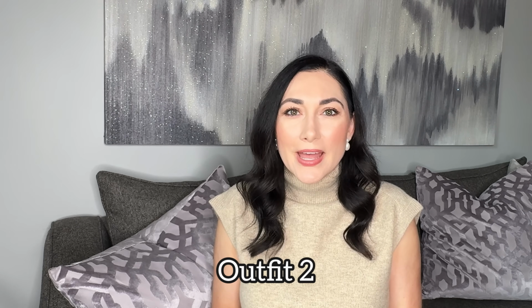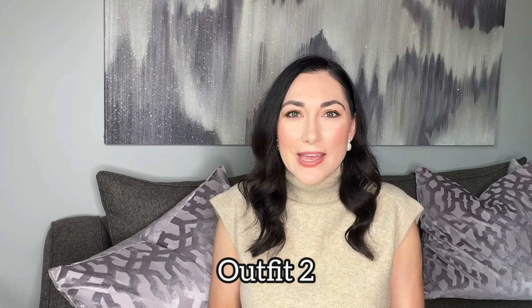And then I thought these boots when I ordered them were a little bit more of an ivory color. I would say they're a little bit more of a light tan color. I still think it's a perfect neutral, will go with so many different outfits, and I love how it came together with this outfit. So speaking of work, I decided to share with you how to style that brown maxi